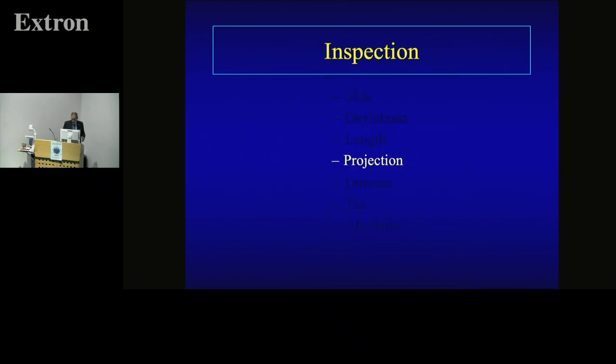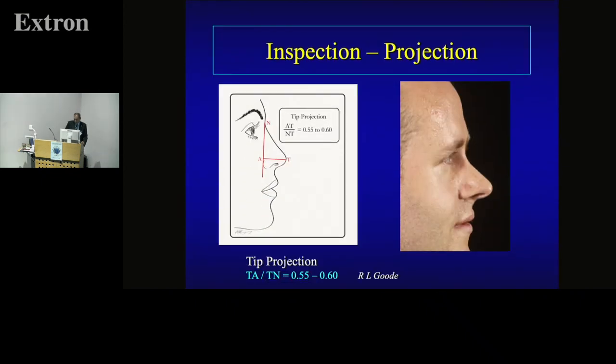Then there's projection of the tip, which is very important. Again, a lot of patients will come and say, my tip is too long, doctor. Obviously, this is too long, yeah? But tip projection is the distance from the tip here to the alar groove divided by the distance from the tip to the nasion, which is very easy to measure as well if you have to, though most of the time you can tell. But measuring it for this chap, 0.88. He is over-projecting. You don't have to measure it really, but if you have to,